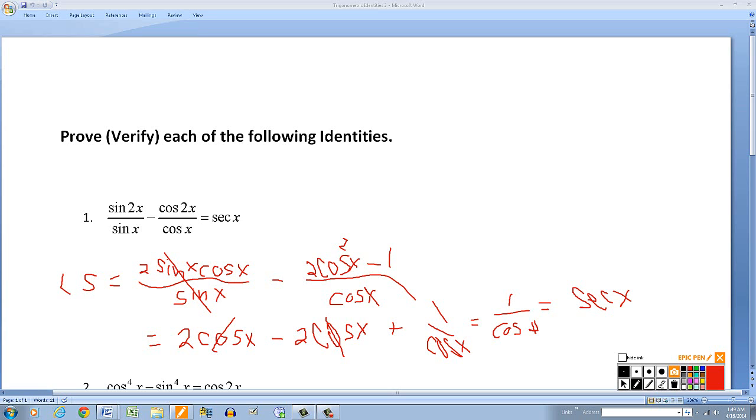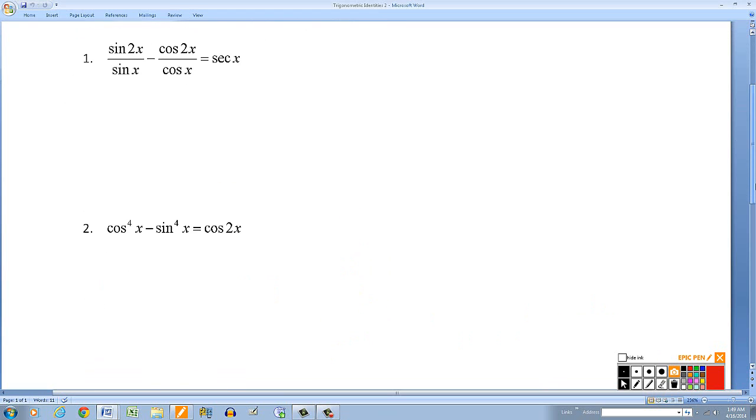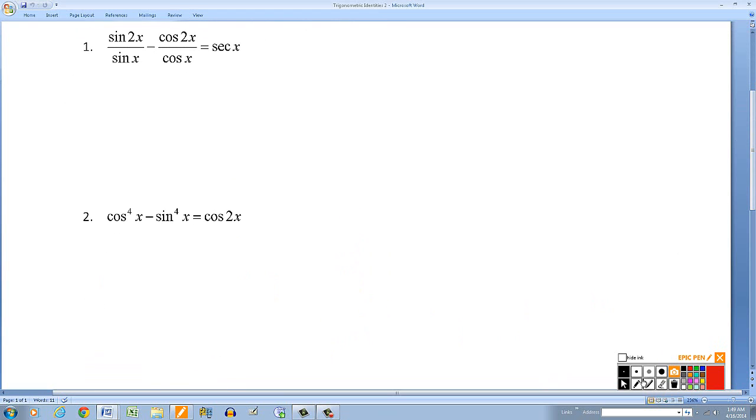And that proves the identity. Okay, those are the steps you go through. I'll clear this and go to the next one. Okay, again, the left side has 2 terms, the right side has 1. So again, the left side is more complicated, so I'm going to start with that. I'm going to say left side is equal to,